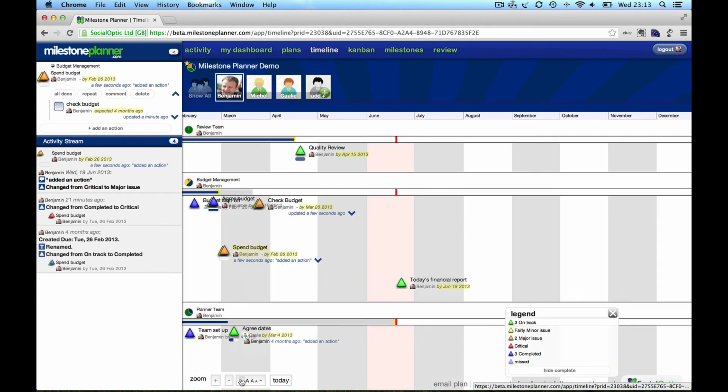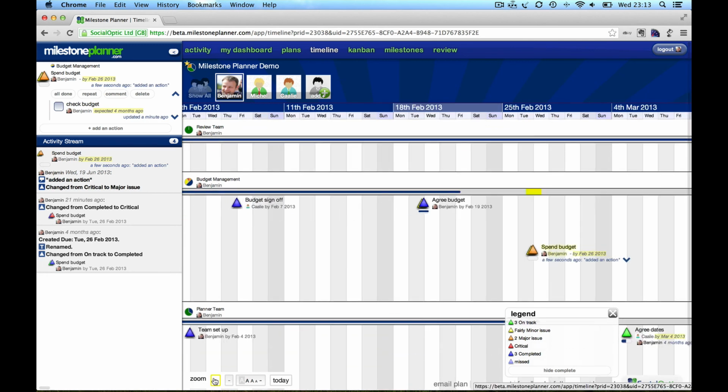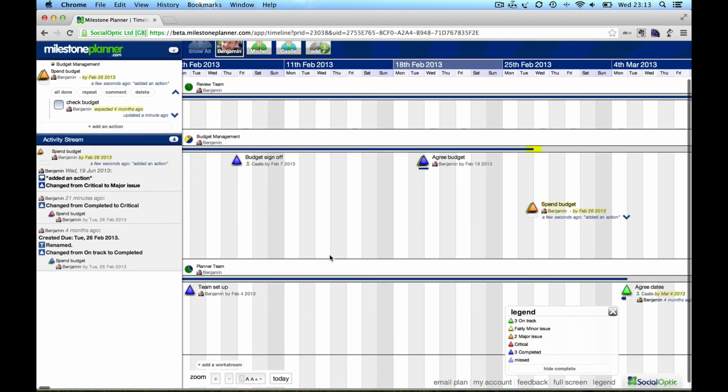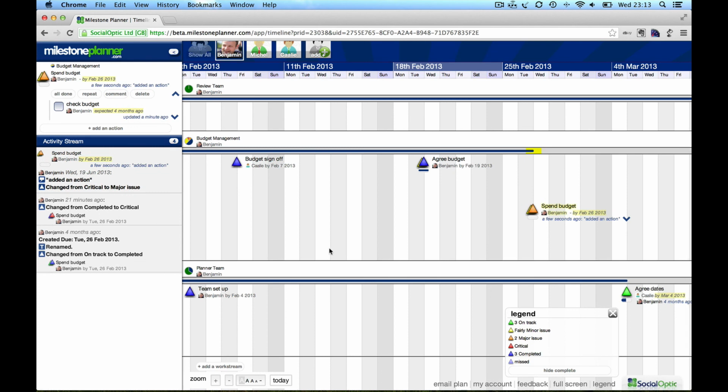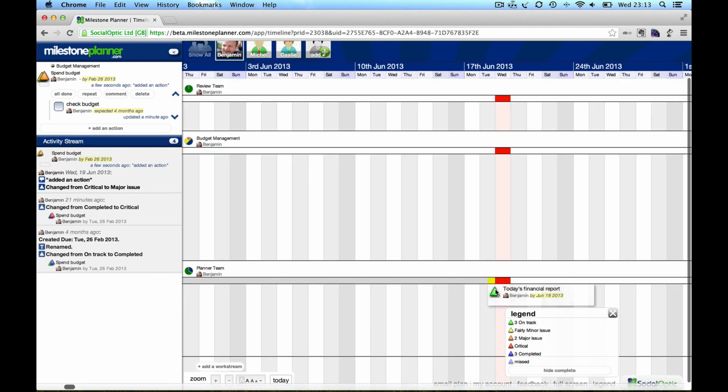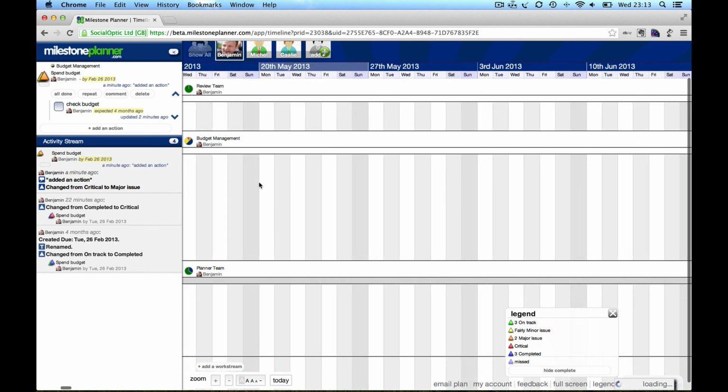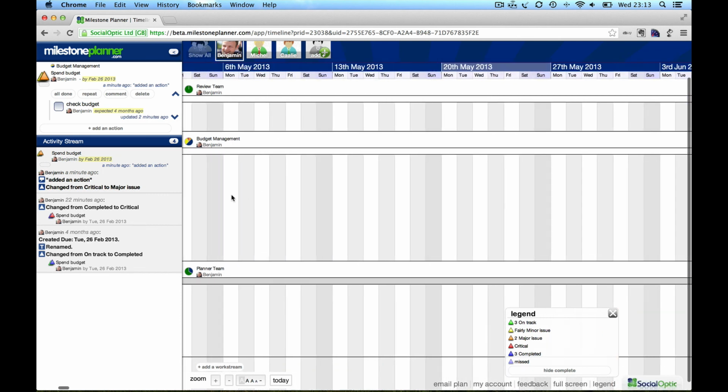I'm going to go ahead and set us back to the full detail and zoom in to show you one last feature which has been frequently asked for and we've now added into the new timeline, and that's the ability to jump to today. So if you want to go in and add additional milestones on today, you can do that very, very quickly. There are other features that you'll find that we'll introduce in future videos, but for now